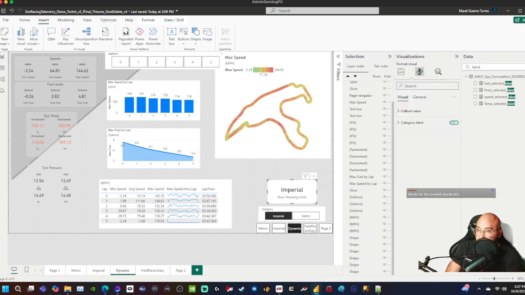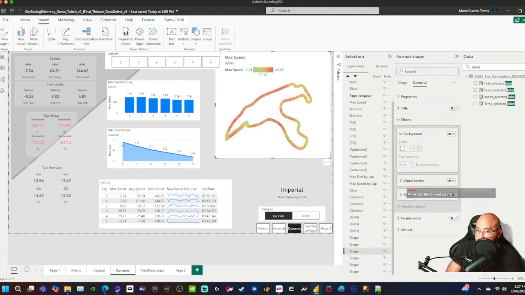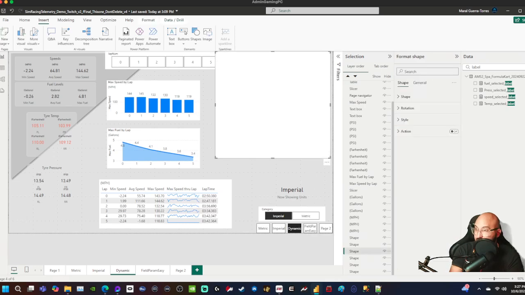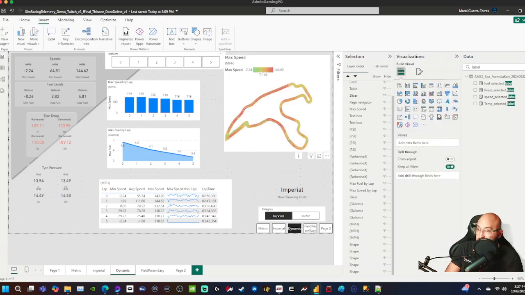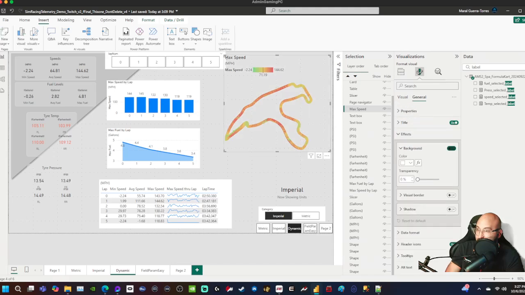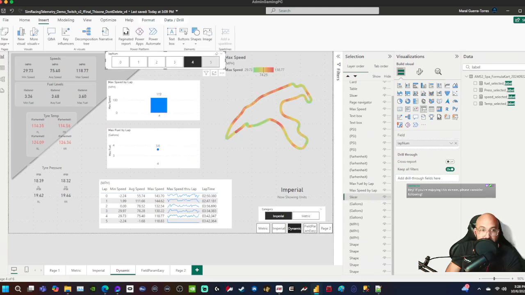So I'm just gonna go around turning some backgrounds off like this. This one's already off, but the shape itself, don't really need that anymore. And this background, I can go in here, general effects, background off, and now we can see that here. I'm gonna go ahead and